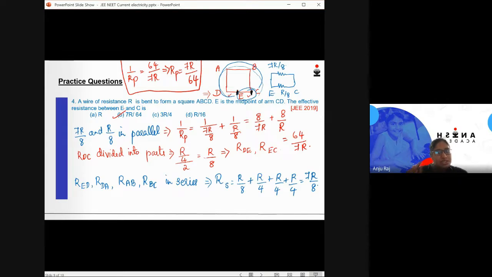So only the series and parallel formula we have used. You just need to remember how to go with the connection. That's all. So we have seen 2 questions of NEET and 2 questions of JEE from the specific topics like Ohm's law, resistivity, and the series and parallel connection. There are a lot of questions which you can still practice, which we can still see in the coming sessions. Thank you.